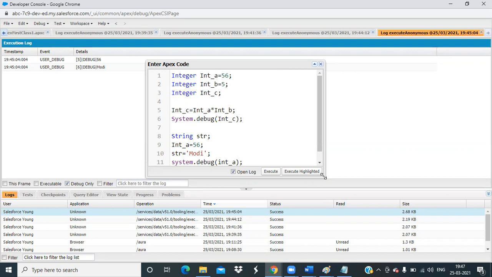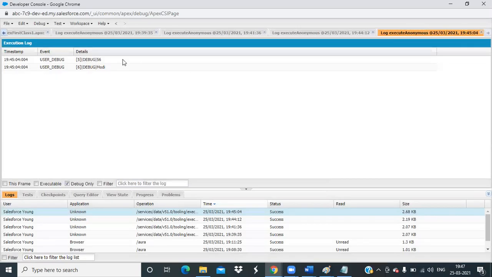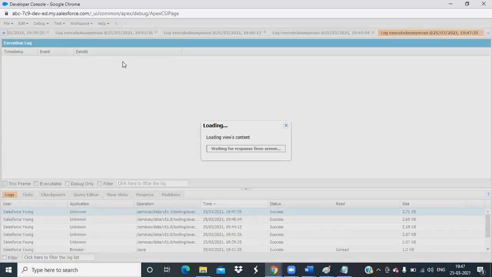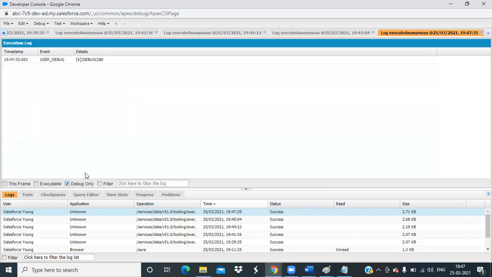Now in execute anonymous we have one more option, execute highlighted. Suppose I don't want to execute everything, I just want to execute this part. So I will just select this and execute highlighted. It will only execute the upper part. We are getting 280.